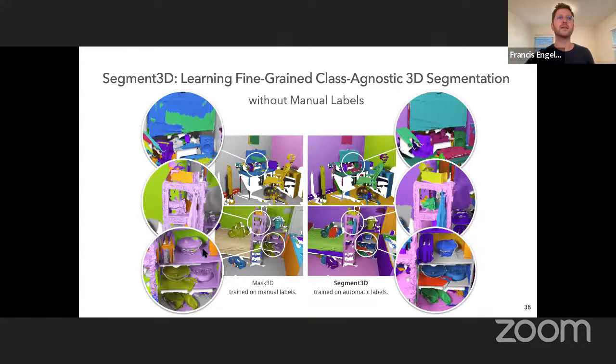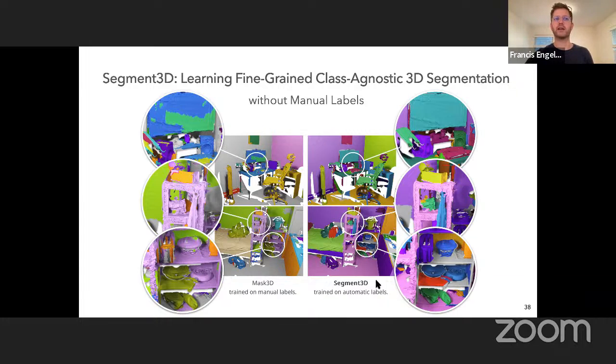Yeah, so just as a comparison here, on the left you see a segmentation that we obtained with Mask3D, also the class agnostic version, right? Otherwise, it would only recognize objects that it has seen during training. And on the right, you actually see the same scene with the automatically created labels from SAM and then fine-tuned Mask3D. Here, for example, on the bottom, you can see the